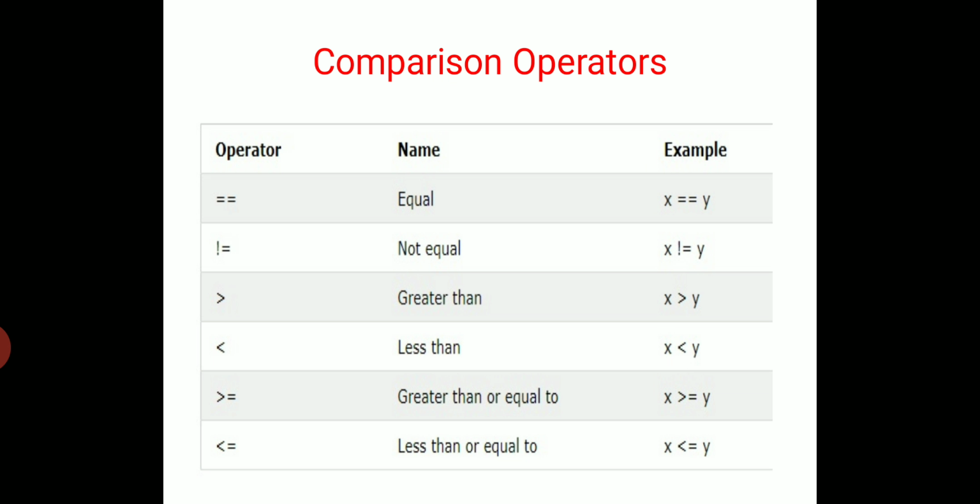And here you can see that x is less than y, or we can say that y is greater than x. Then greater than or equals to, when you compare two or three values like 5 equals to 5, you can use this operator. So here x is equals to y or greater than y. So y is less than or equals to x. Similarly, less than or equals to you can use, so you can see that here x is less than or equals to y, or we can say that y is greater than or equals to x.